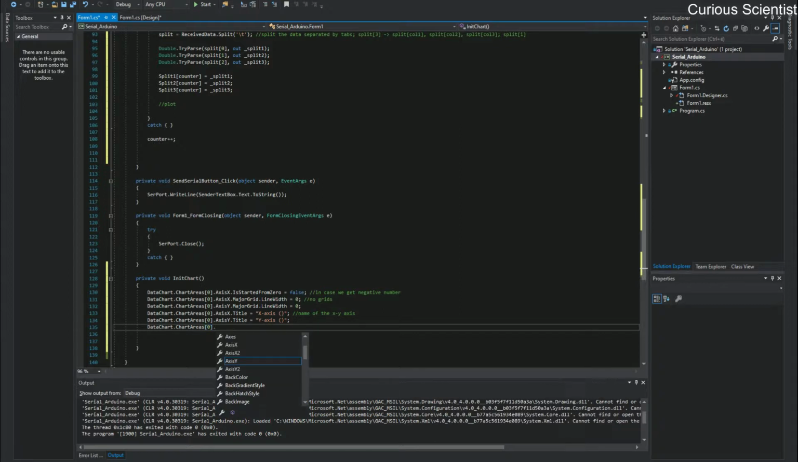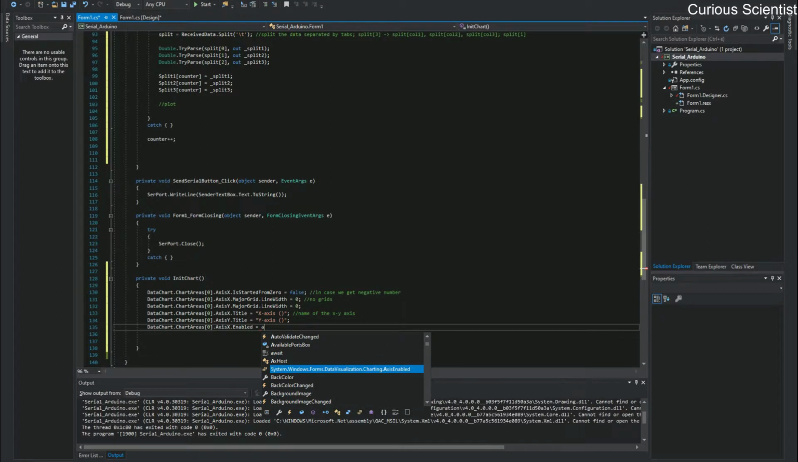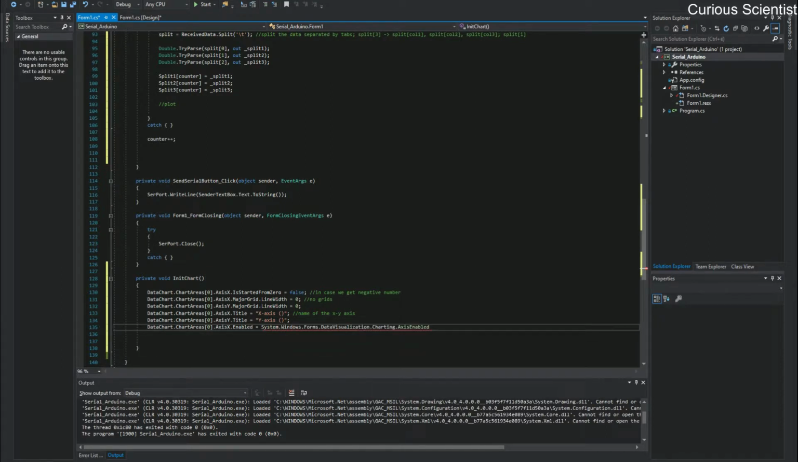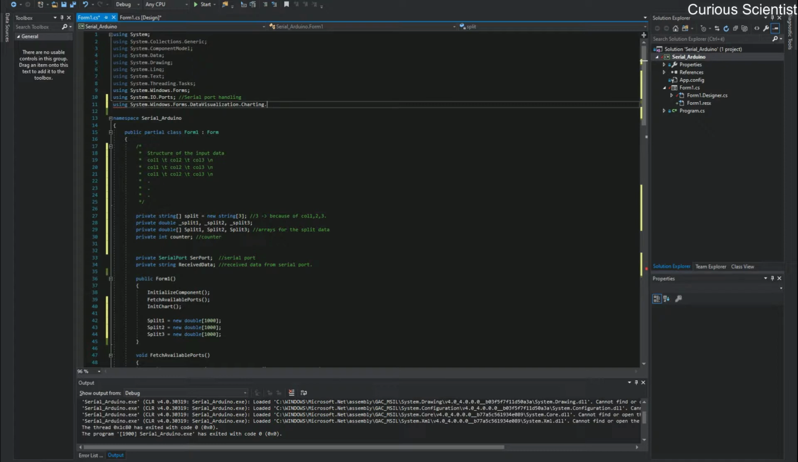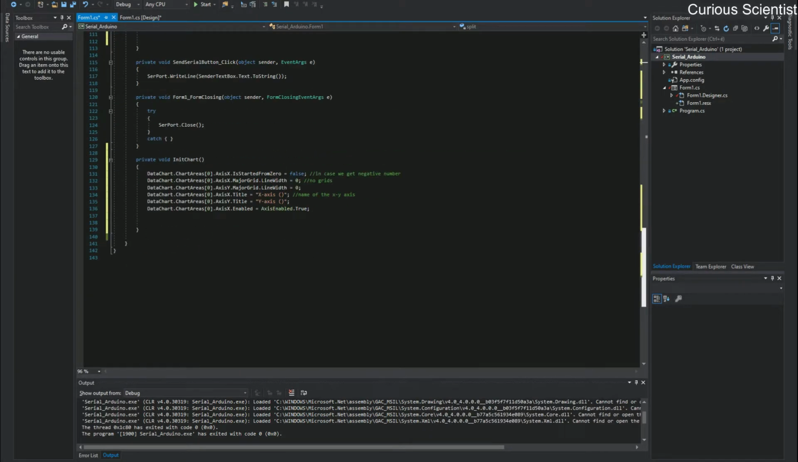We can enable the axis as well. So this should be axis enabled. Oh, that's true. In fact, we can add this. So I added System.Windows.Forms.DataVisualization.Charting to the program,